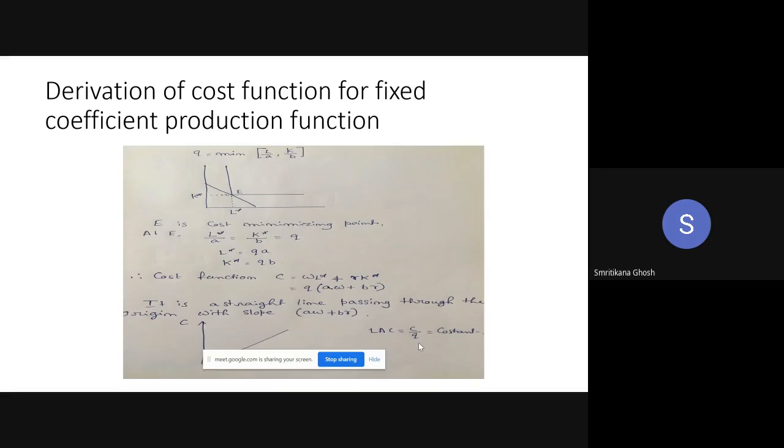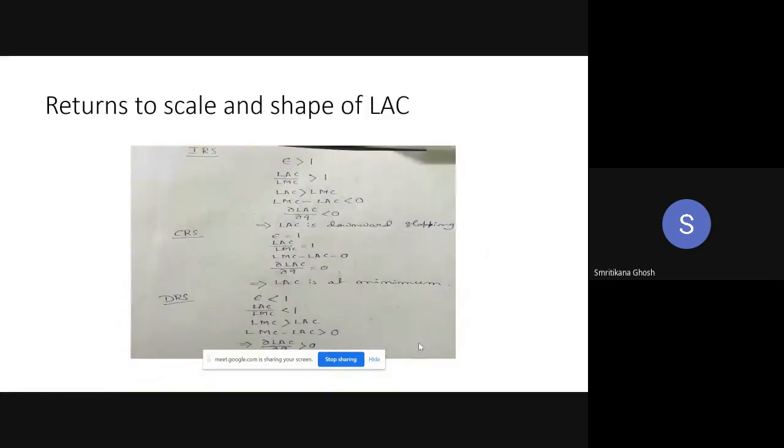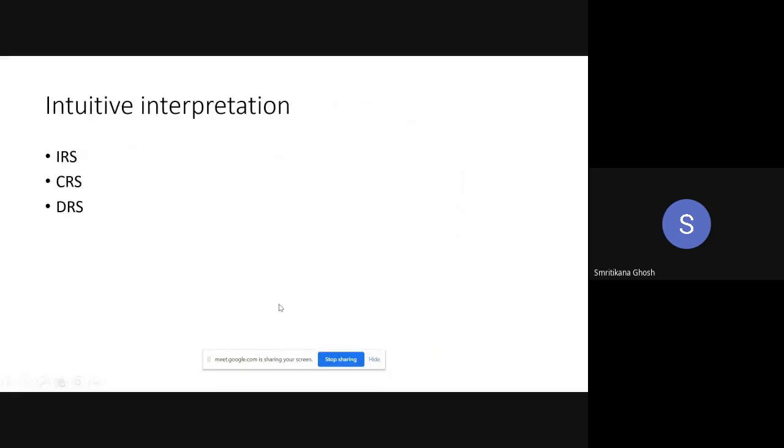You have already produced a lot of amount, so there is a congestion in your production unit. That is why the output could not increase to the extent it did before. So what will happen? Your average cost will fall. This is how you can economically interpret the shape of your LAC curve with the returns to scale, with the help of these economies of scale. This is how you can explain it. If you have any further query, you can ask me.